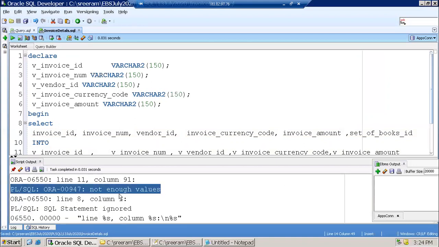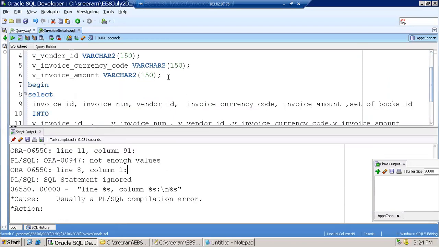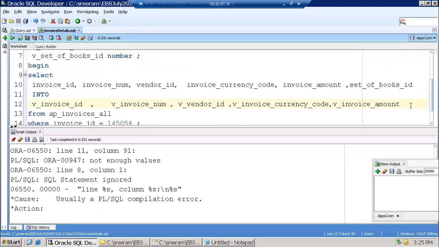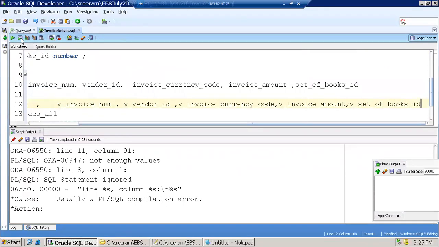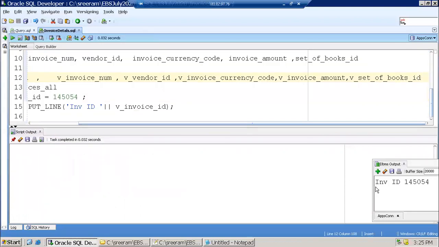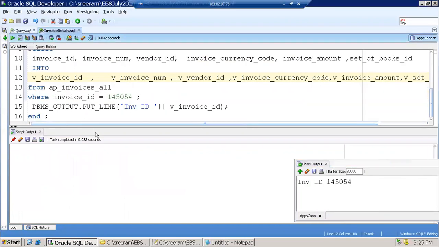Not enough values. Got it? Now to solve this, we just need to declare one more variable like this, and this should solve the issue. Got it? So this is how we can use a very simple select query here.